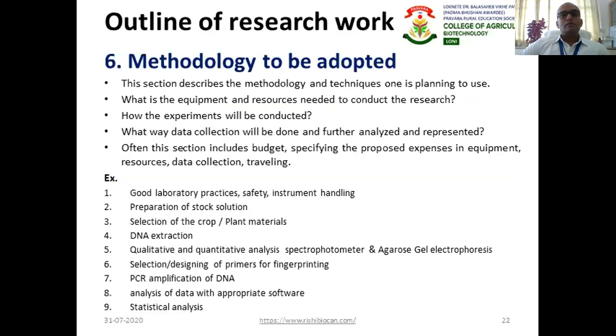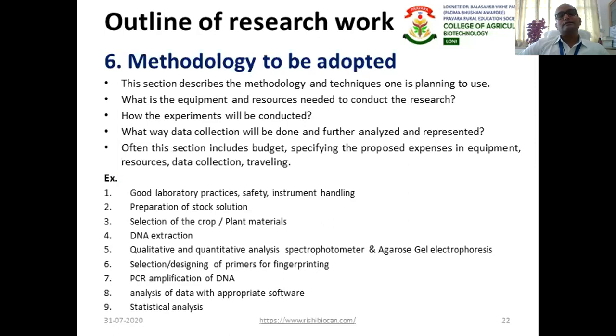Then the next topic in the outline of research work is methodology to be adopted. So in short, you have to give a brief summary of what methodology you are going to use in your research work. This information you can also get from the review of literature.